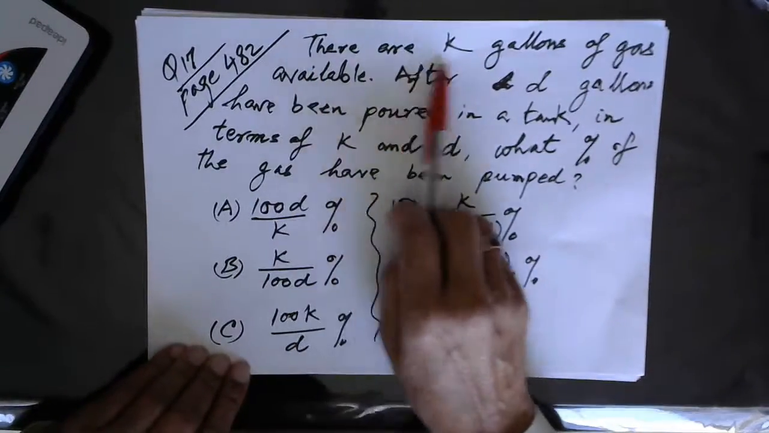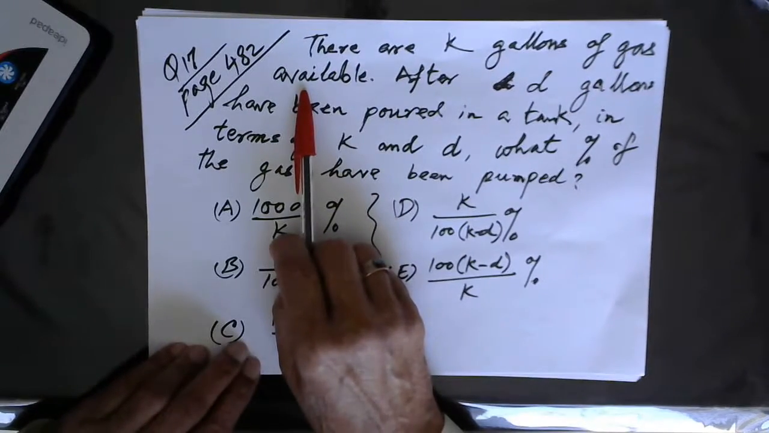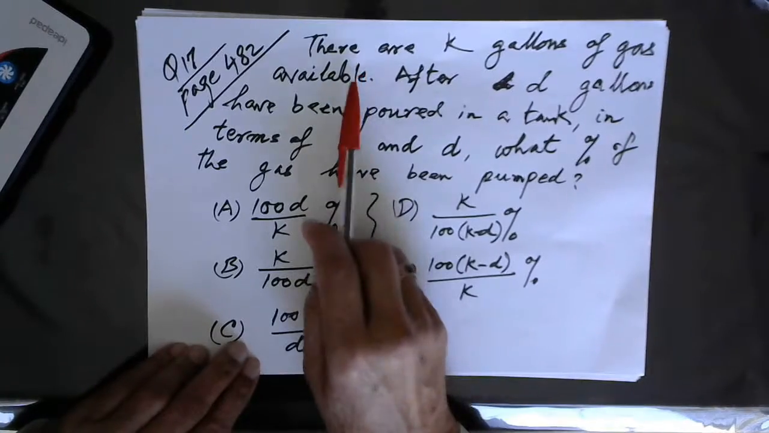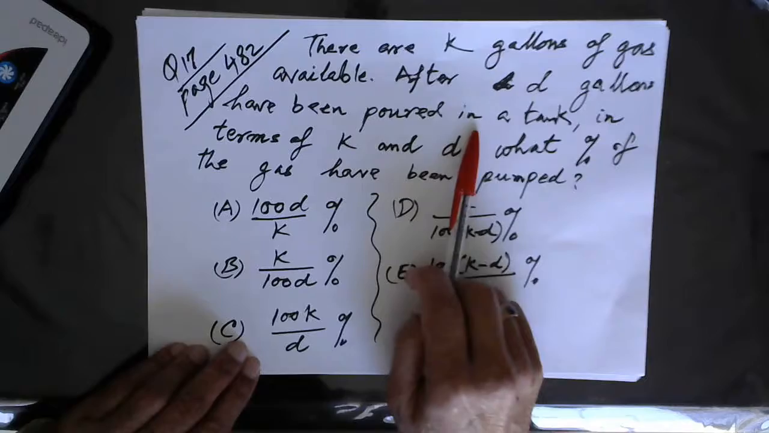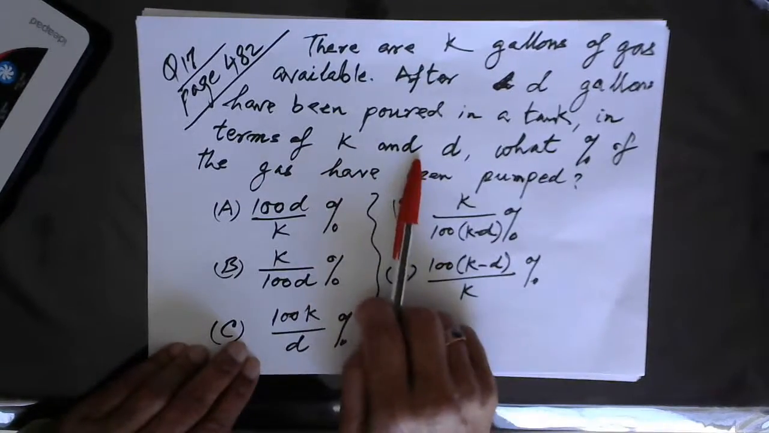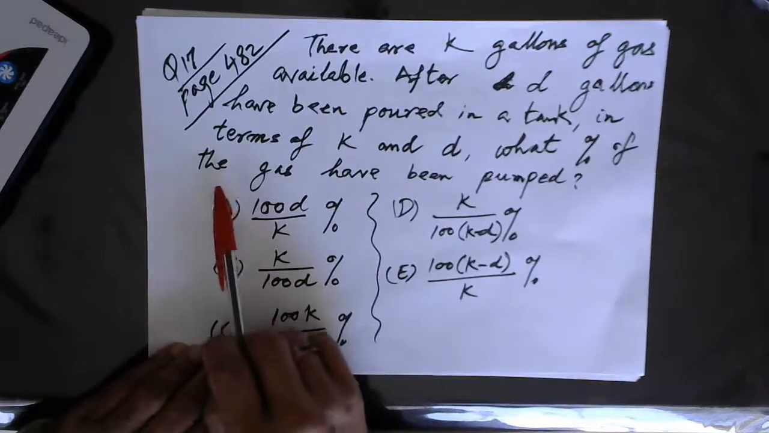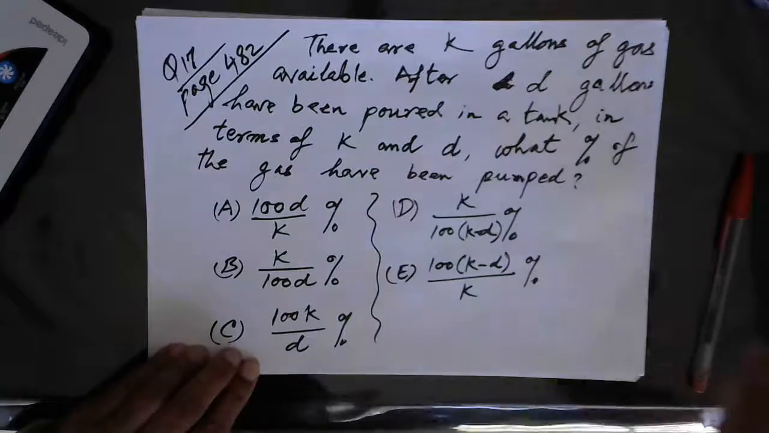There are k gallons of gasoline available to fill in a tank. After d gallons have been poured in that tank, in terms of K and D, what percent of the gasoline has been pumped? Okay, now